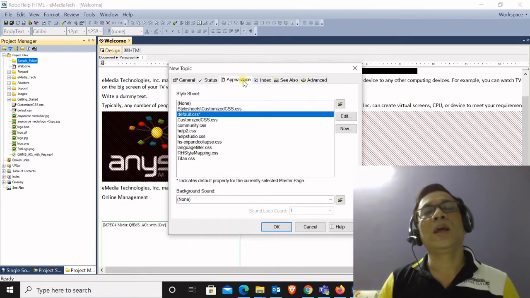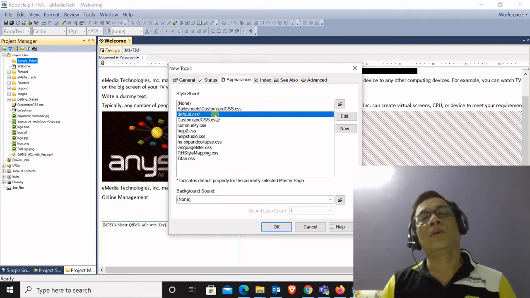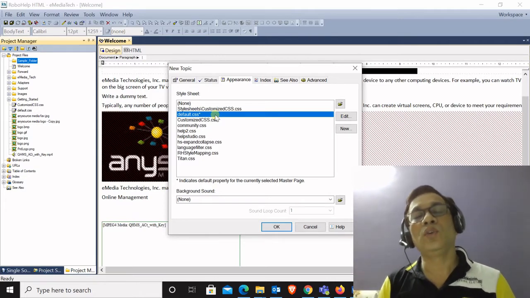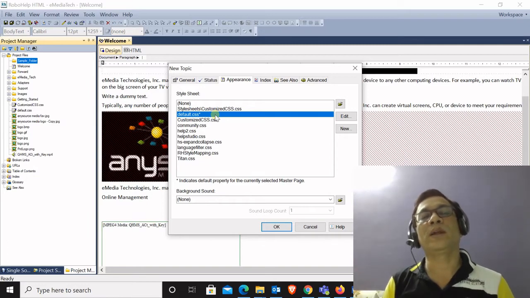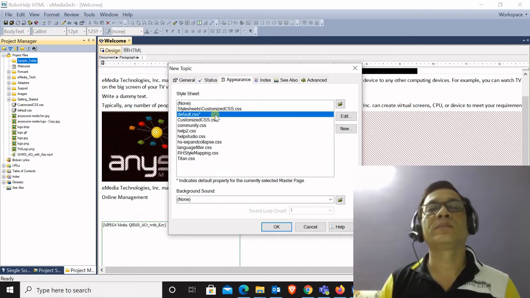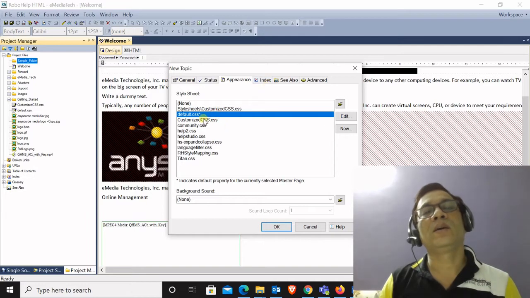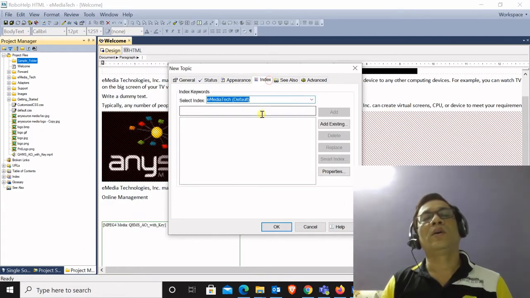Then go to appearance and select the right style sheet. Once again, if you are using multiple CSS, then make sure that you select the right one. I have selected default.css in this example. Then go to index.